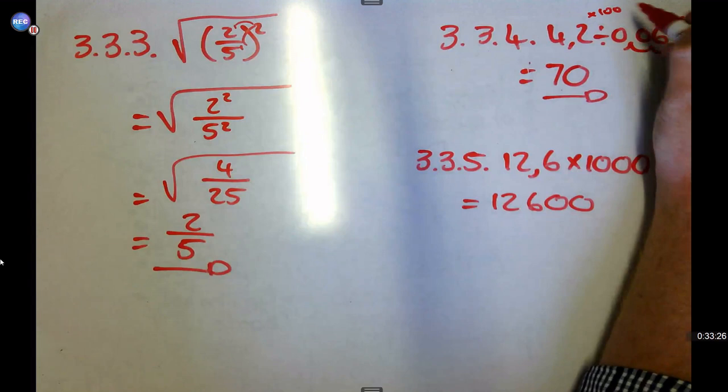Now, to sort out the comma, you need to do the following. So what you'll do is, you'll see that there are 3 decimal places, which means your answer should have 3 decimal places. So you start at the back, and you move 3 spaces to the left. So 1, 2, 3. So therefore, your final answer will be 0,752 in this case. And there is your final answer. Okay.